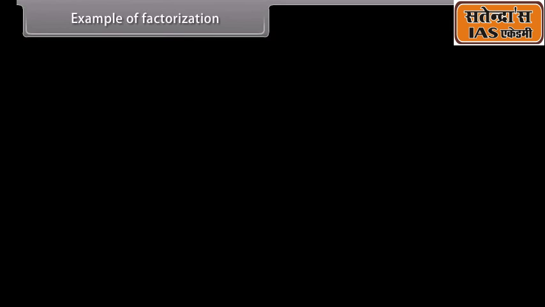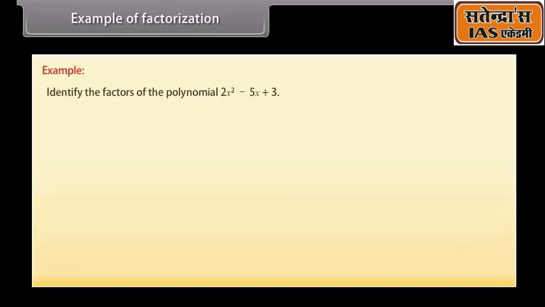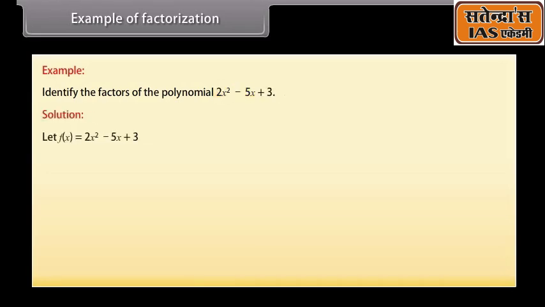Example of factorization. Example. Identify the factors of the polynomial 2x² − 5x + 3. Solution. Let f(x) = 2x² − 5x + 3. Let us check x = 1 by trial and error method. Then